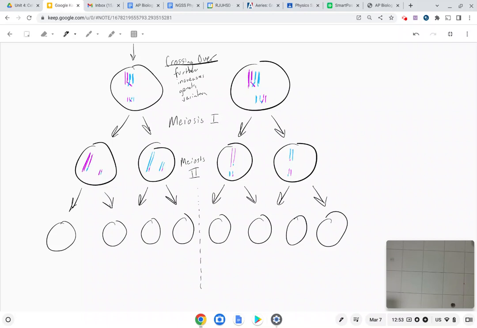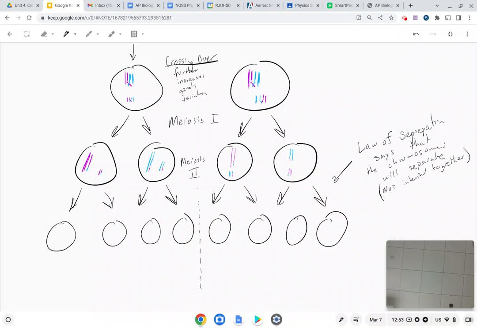The law of segregation says that the chromosomes will separate. You'll learn more about that with Mendel. So, in other words, they're not inherited together. Law of segregation says they will separate. All right, so if they do separate, what do we get? Well,